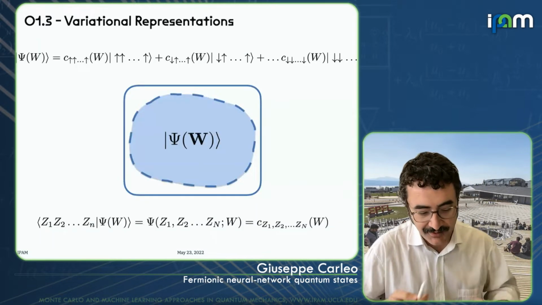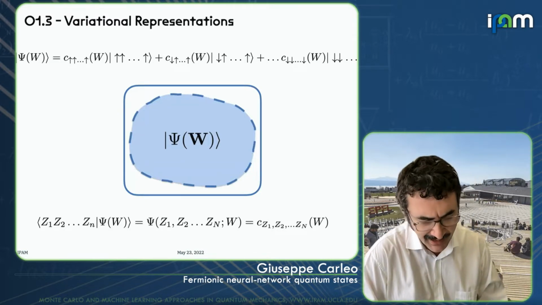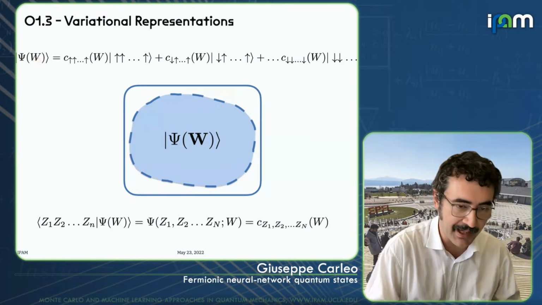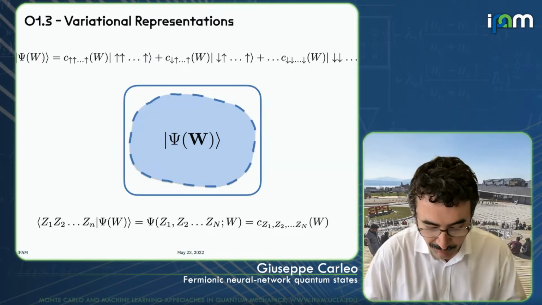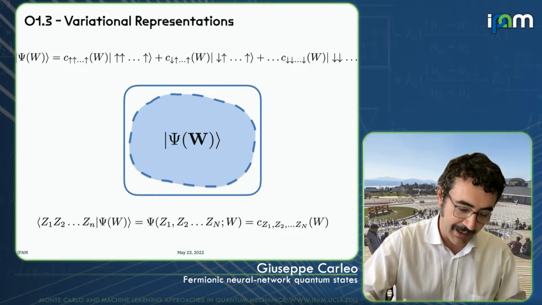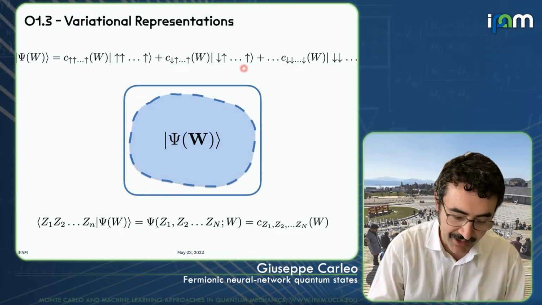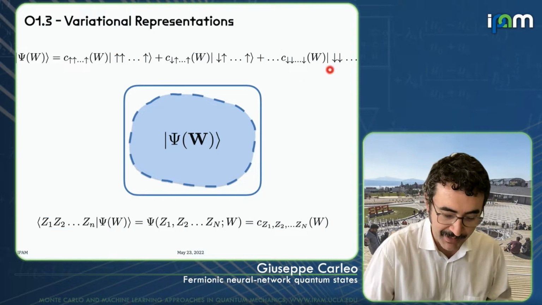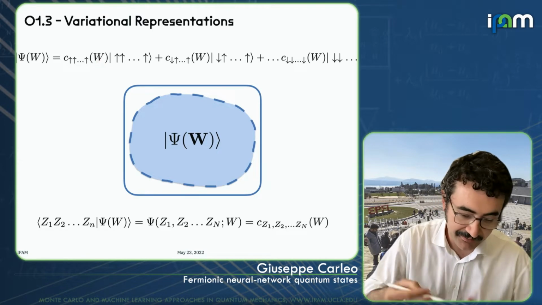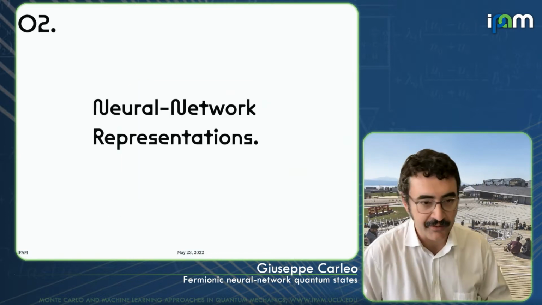Okay? And this is at the heart of the variational method, which is as old as quantum mechanics, essentially. The idea is that you represent your wave function in terms of something that can depend on thousands, millions or more parameters. And you try to span this subset of physical systems by changing the variational parameters that I call here W. I'm just formalizing this in the case of spins. So this is a basis of quantum spins 1/2, but this is very general. You can think that these are just amplitudes of your wave function that you parameterize in the way that you like. Okay? So this is the idea of the variational method.